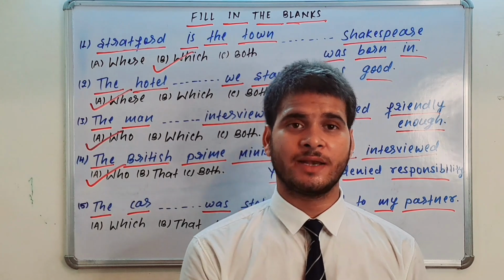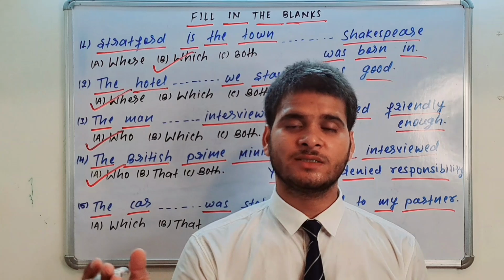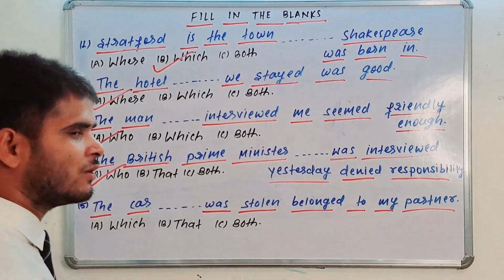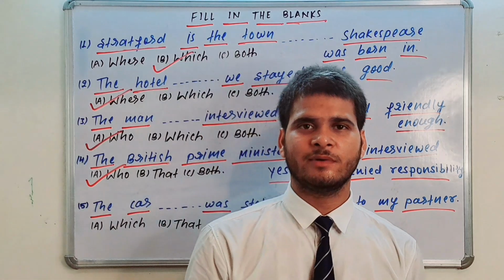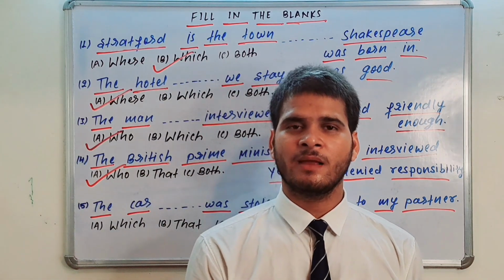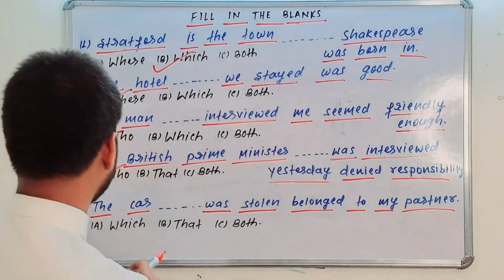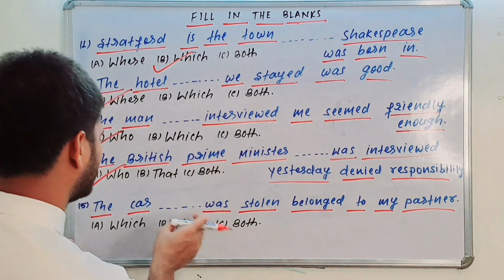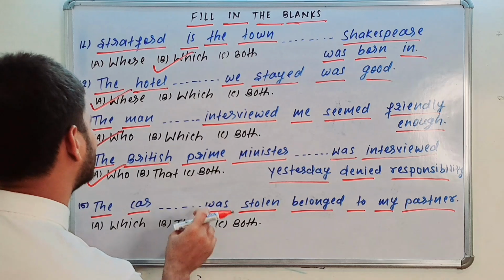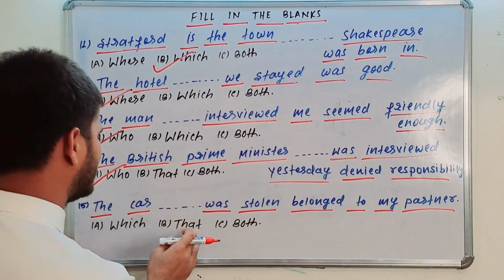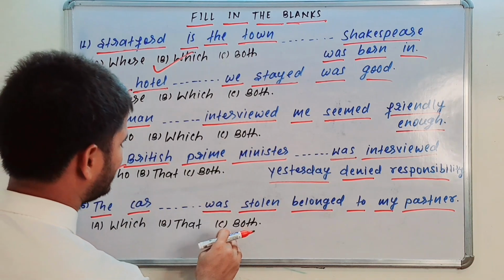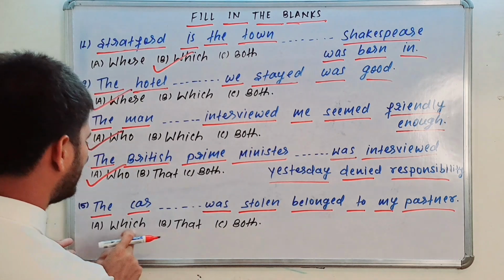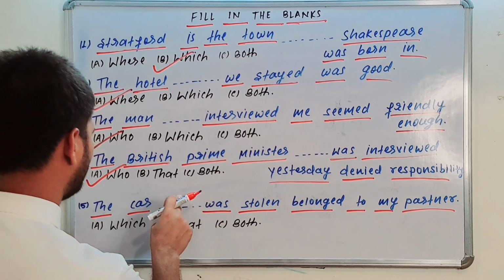Persons, things, animals. But here, which is also used for animals, things, or an idea. So this is the confusing question: here which is also used for things, the car, and that is also used for things, the car. So here I think option C is the right answer, because which and that both are used for